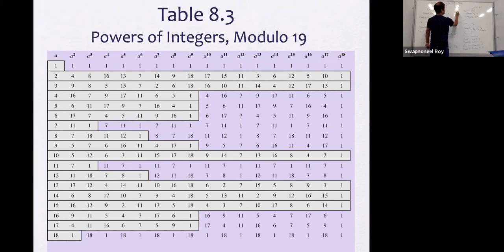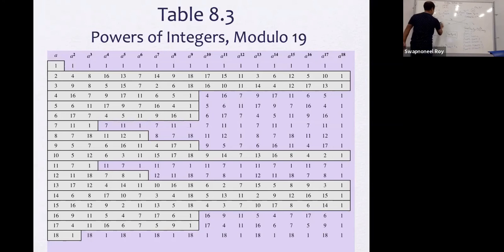Taking alpha equal to 2, YB will be 2 to the 7 mod 19, and if we look at the table, we can find the answer. 2 to the 7 mod 19 is 14. Then they will exchange these values. But now let's look at what happens if alpha is equal to 7. Let me use a different color to suggest what will be the value.